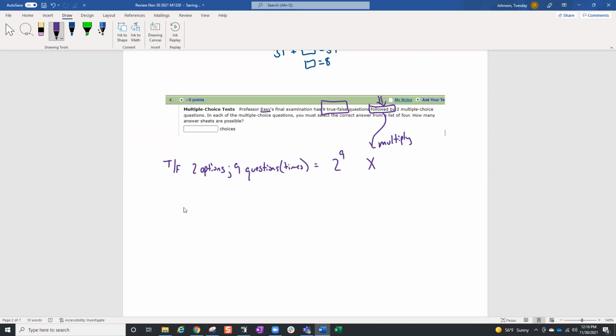Two multiple choice questions. So our multiple choice, 2 questions. And in each multiple choice question, you must select the correct answer from a list of 4. So these are our options. Multiple choice has 4 options each. There are 2 questions. So this is 4 to the power of 2. And when I multiply 2 to the 9th times 4 to the power of 2, I'm going to use a